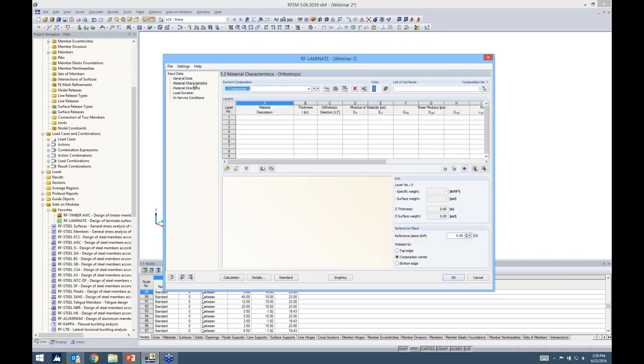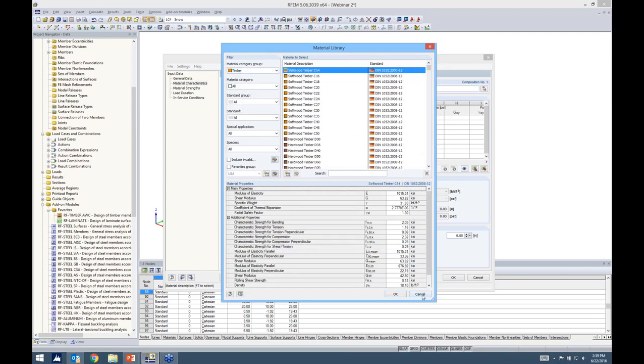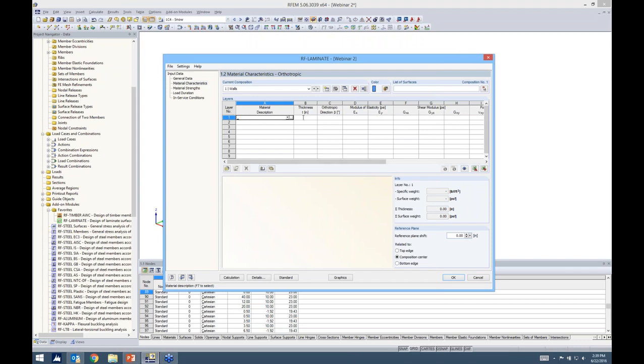Material characteristics. So the first thing we want to do is to define the first composition. Here, I'm going to title this one walls. And you can, of course, go into your material library for timber, and you can add in all the different particular material types, whatever you'd like for this. Give it a thickness and a